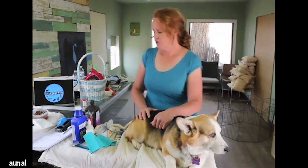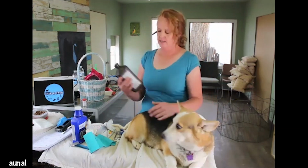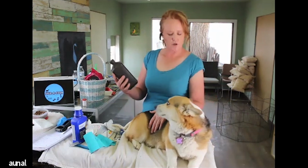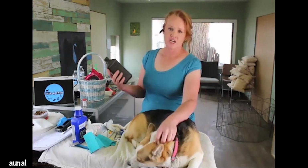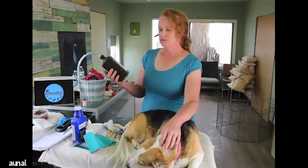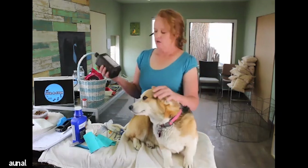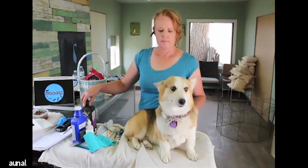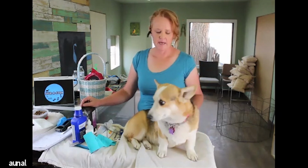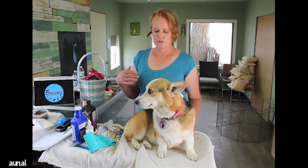But how do you know what you're supposed to do? If you have, we'll just say this is poison. It's not, it's hydrogen peroxide. But it will say on the back what to do in case ingested, or what to do in case you want to follow those instructions, just like you would with a person, on your animal. And if you're able, you want to take packaging, any information, and take that with you to the vet. That way they'll know the best course to treat that